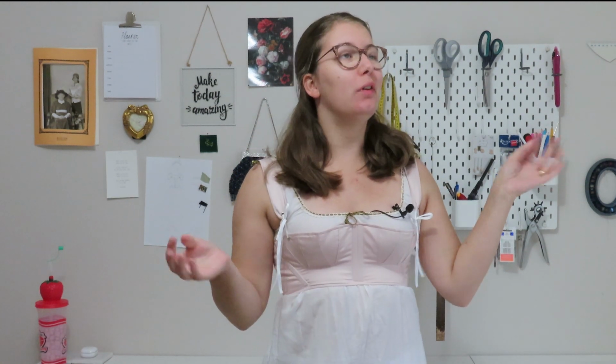Well, my stays are finally done. It took a little bit longer than expected, as usual with all of my projects, but it's all done and I am very happy with it. Yes, I'm still wearing it with my Victorian chemise. I will make another chemise at some point, but this one works pretty good, so why not? As you can see,